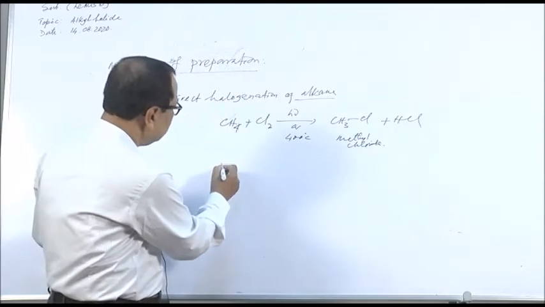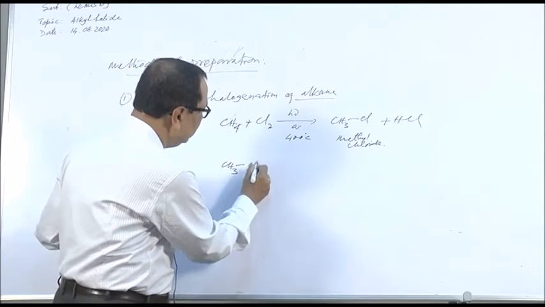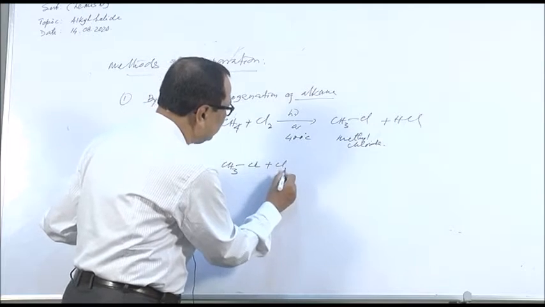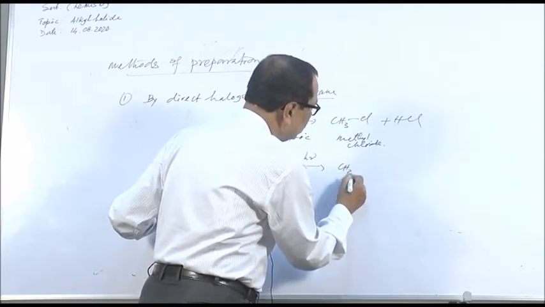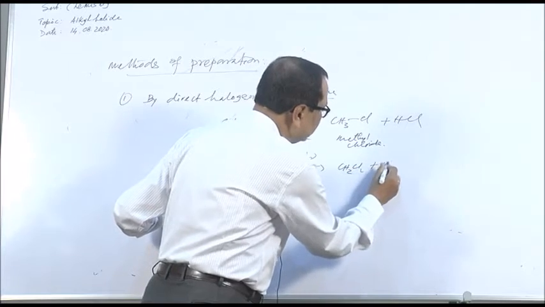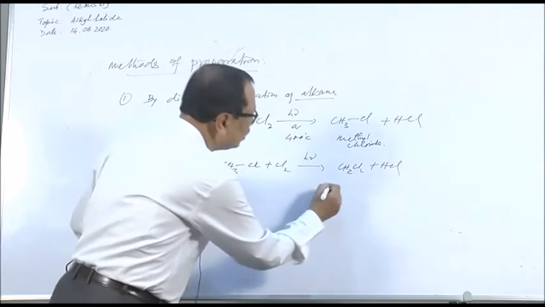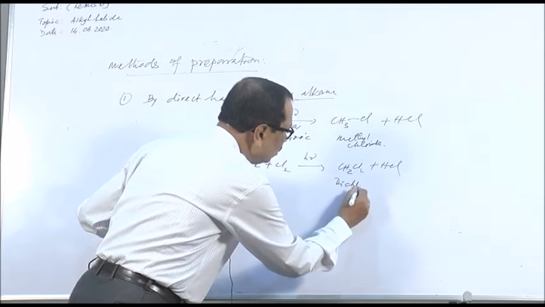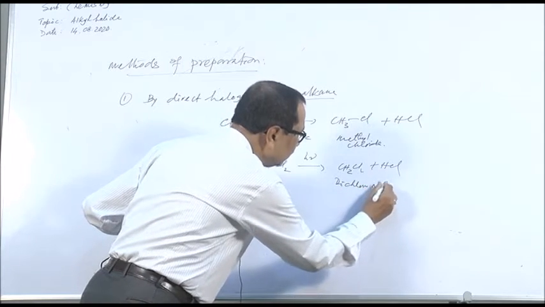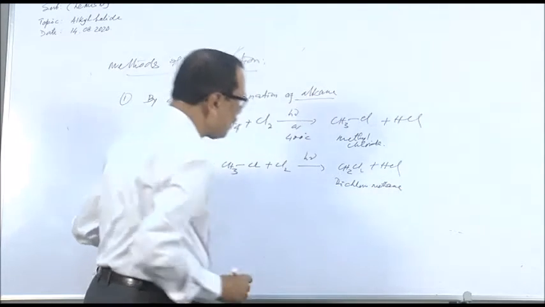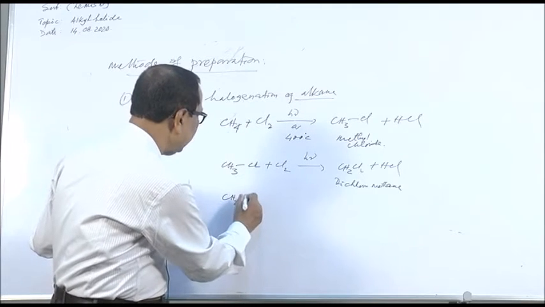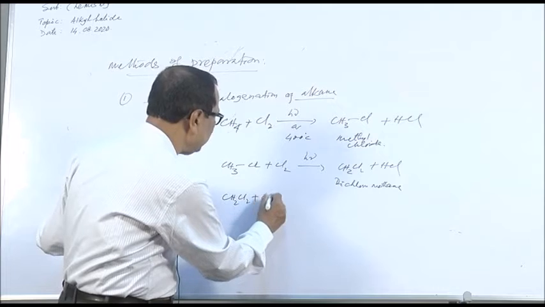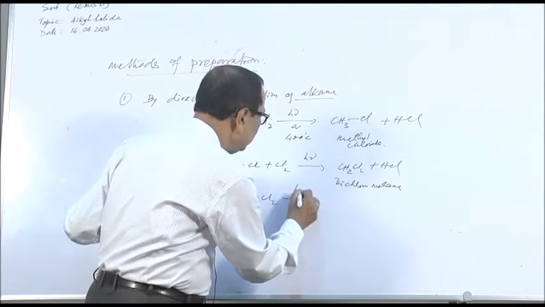That means this methyl chloride will further react with another molecule of chlorine. In presence of diffuse sunlight, you will get CH2Cl2 plus HCl. So this is dichloromethane. Similarly, dichloromethane will react with another molecule of chlorine to give you